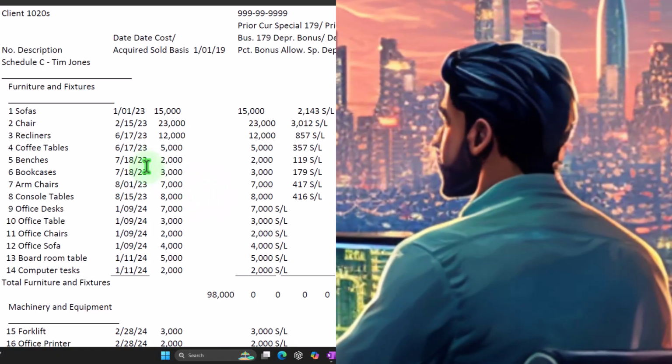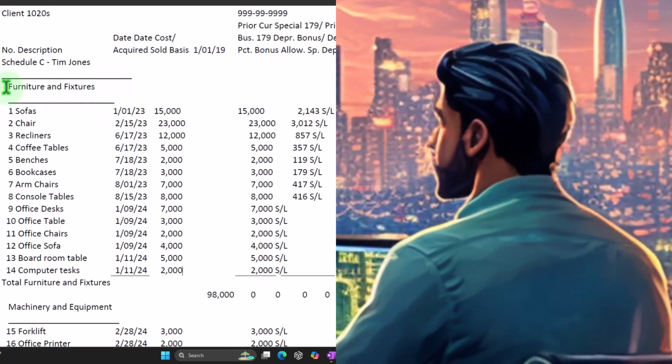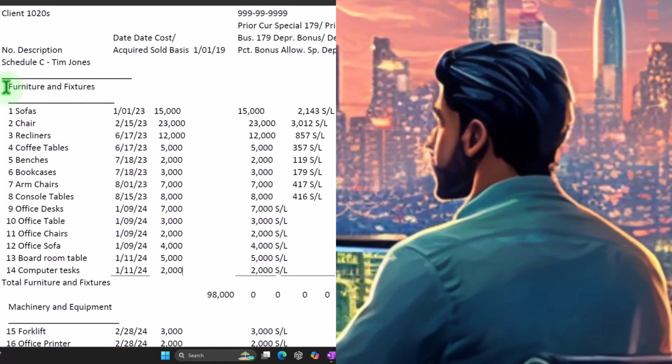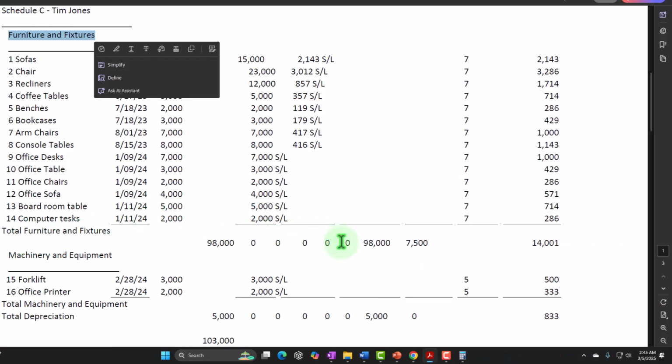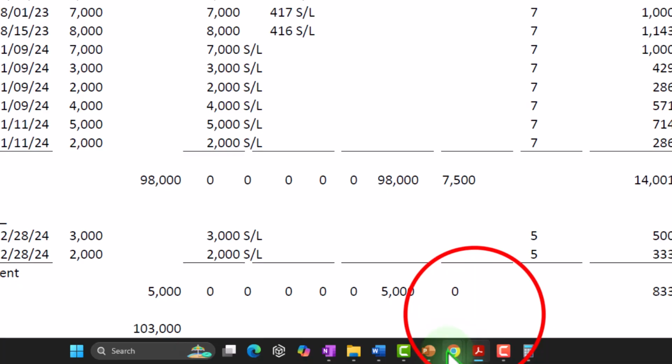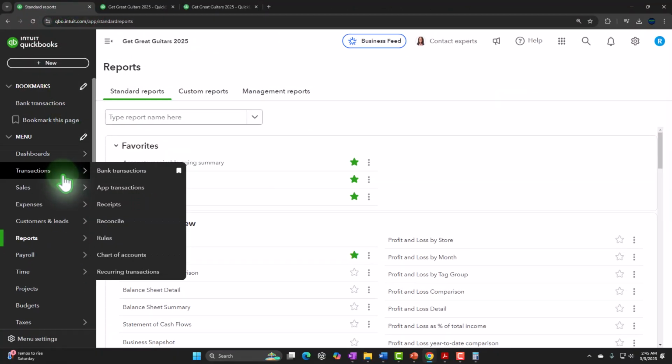The other thing to keep in mind is that when you first start up the company file, you want to group your property, plant, and equipment in the same grouping format as is on the subledger on the tax return. In other words, this is where the QuickBooks General Ledger, if I go back to the GL over here,